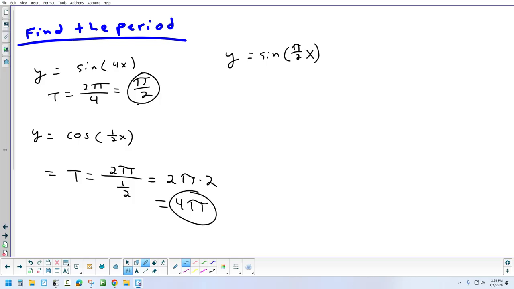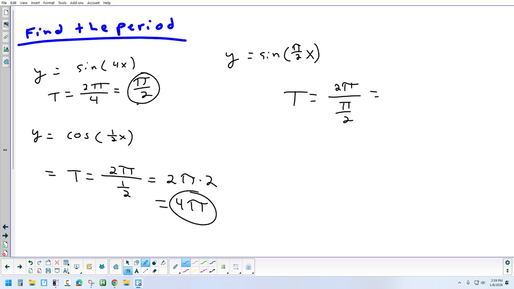And let's look at the last one. How would you figure out the period of sine pi over 2x? Would you divide by pi? Divide by pi over 2. So what would your fraction be? 2 pi divided by pi over 2. And dividing by pi over 2 is the same as canceling out, so you just